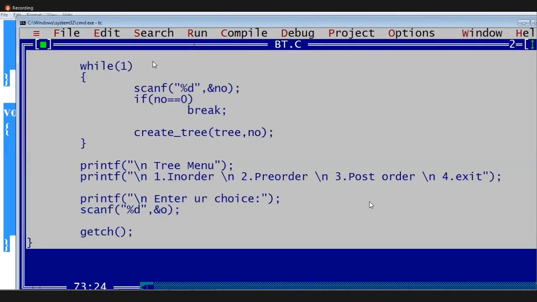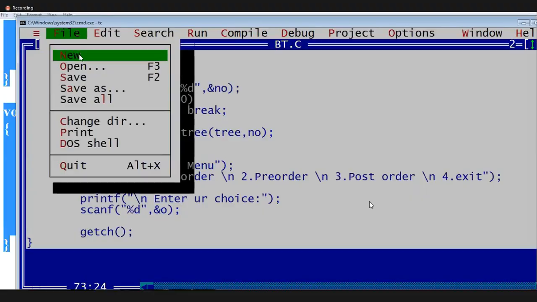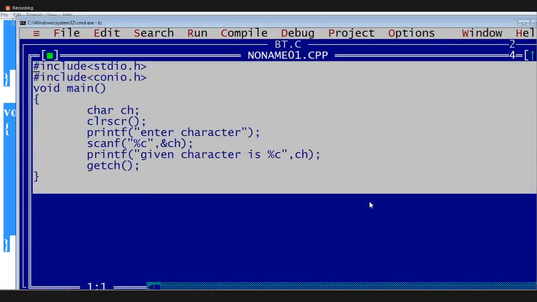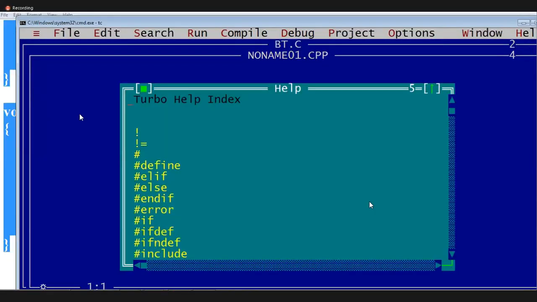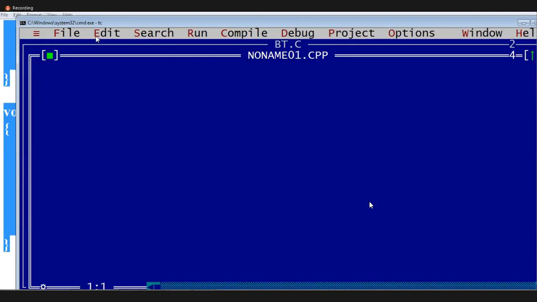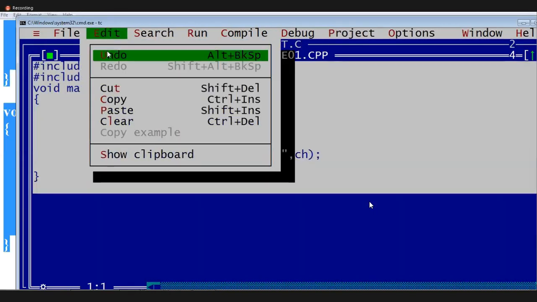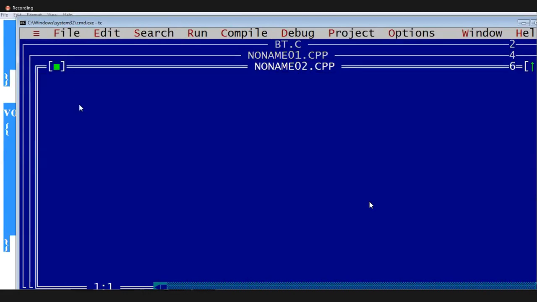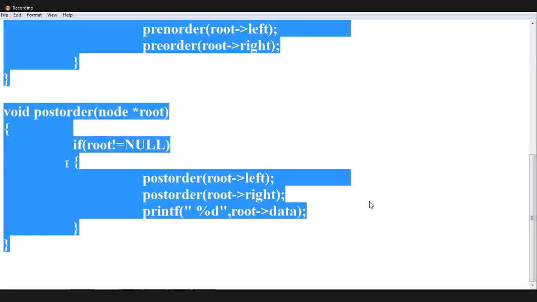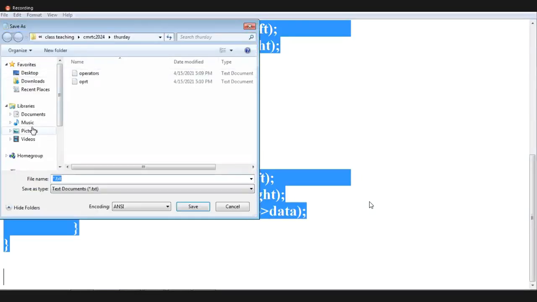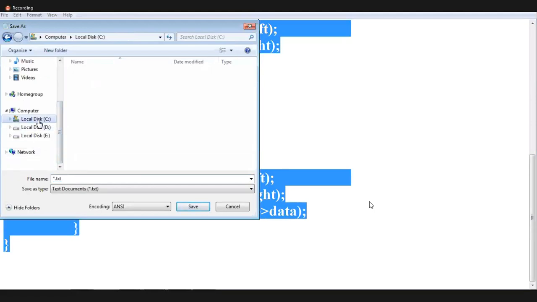This is saved as bt.c. Save this function, those three functions, guys.